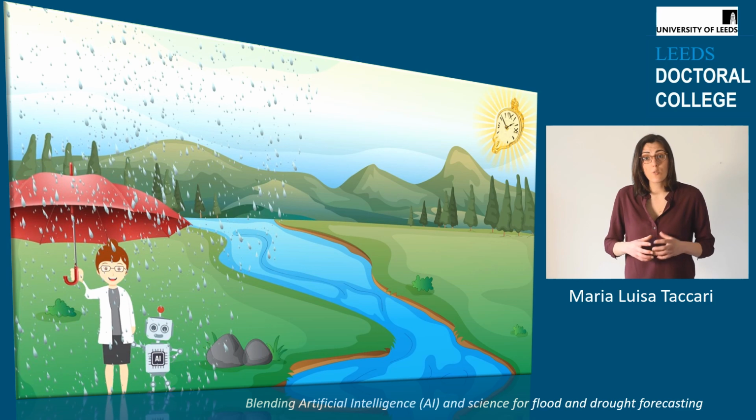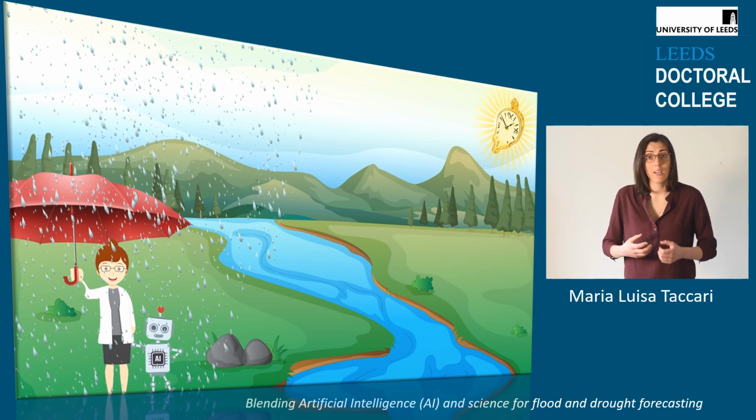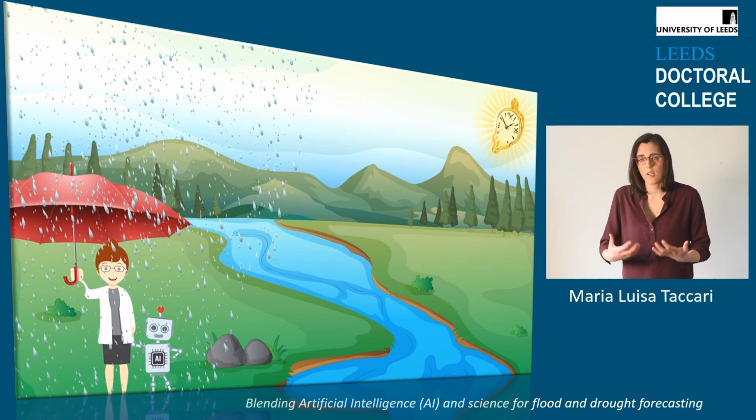It's thanks to this blending of artificial intelligence and science, thanks to the combined effort of a scientist and a robot, as depicted in the image, that we can run these same models, the same groundwater model, but very fast. And so eventually our policymakers can know on time if there will be a drought or a flood. And eventually, if they also need to take an umbrella before stepping out of their house.